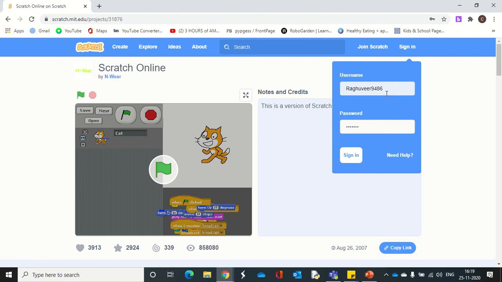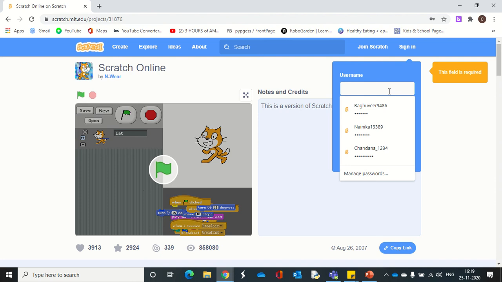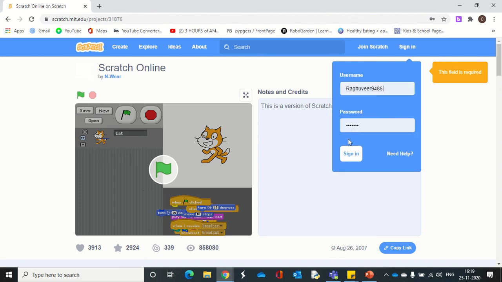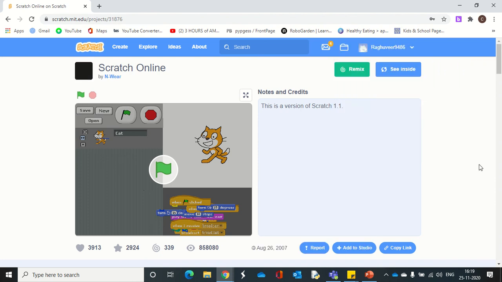Otherwise, if it is not saved, you need to type manually. Okay. Yeah. And then sign in. You can see it is signed in. So this is how you can log on to your Scratch. Every time this works in your mobile and tablet, anywhere. You just need a Google Chrome and a username and password. That's it.